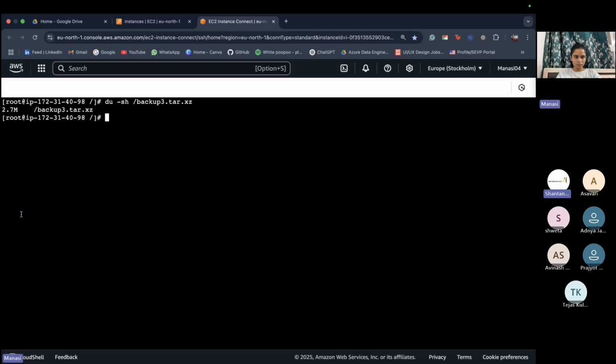Before that, let's create three folders so we can save all the uncompressed files inside them. Create three folders by the name gzip, bzip2, and xz. Like directories, right? Yeah, sorry, directories. My bad. We are creating it directly in the root user, right?